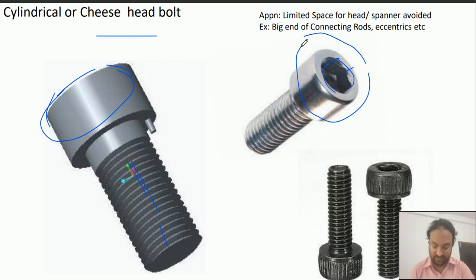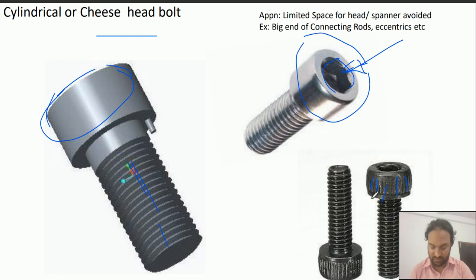So the head is provided with a hexagonal groove, so that we can use the spanner on the head to hold it in position. Sometimes knurlings are given, because sometimes we need to use our hand,